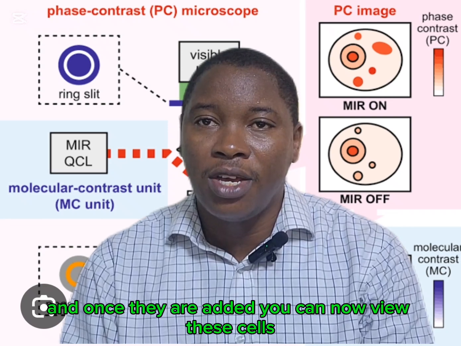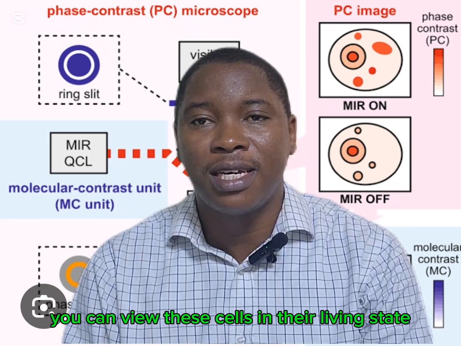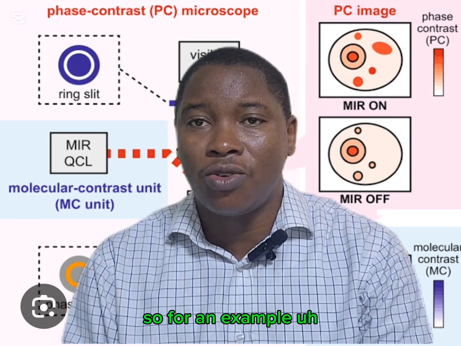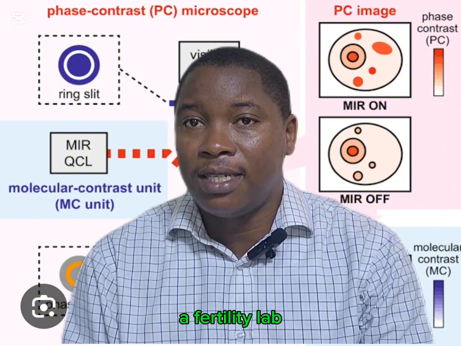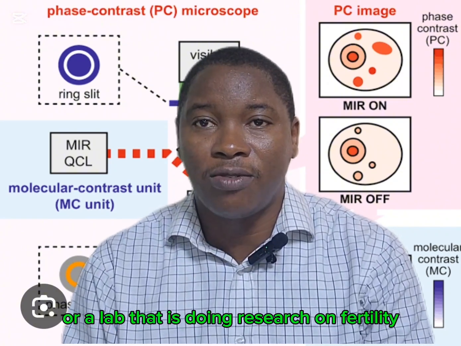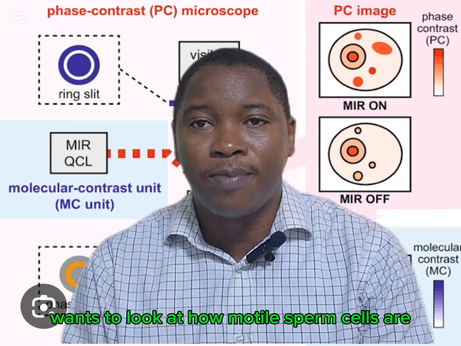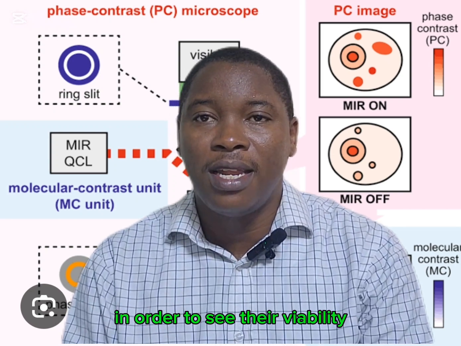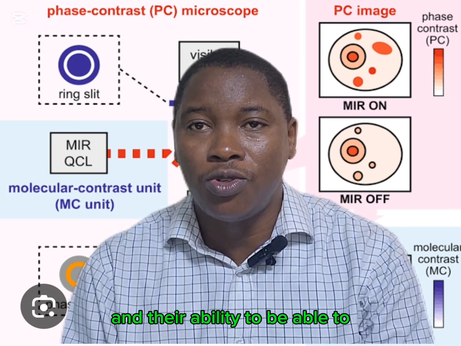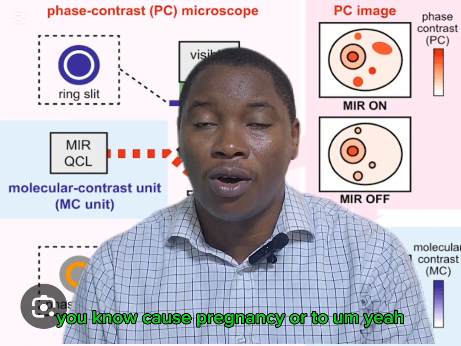And once they are added, you can now view these cells. You can view these cells in their living state. So, for example, a fertility lab, or a lab that is doing research on fertility, wants to look at sperm cells, wants to look at how motile sperm cells are in order to see their viability and their ability to cause pregnancy or to